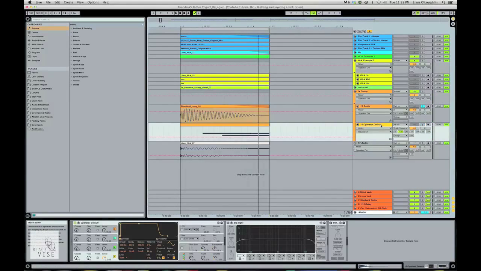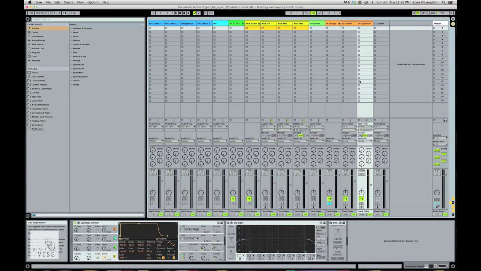And just be mindful of the fact that, say you had this other, for example, I've got this operator here which is also playing a sub. I'm just going to play them together. You want to be careful to watch out for things like phasing when you have frequency overlap, especially in these really low frequencies. So for example, if I turn this bass off, you can hear that it's peaking around -6.6, and if I turn this on,